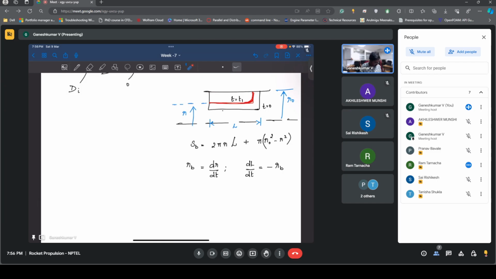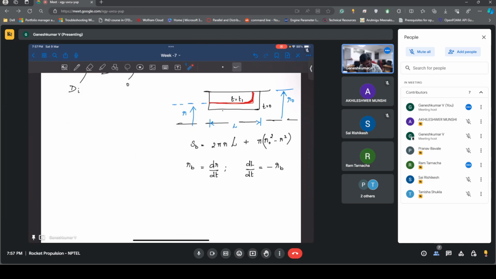Okay, in the book they didn't give it. Yeah, that's fine. But this is how you will do it. Now the question is, how would you arrive at the burning time